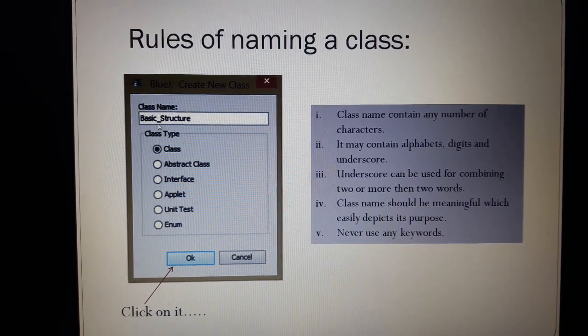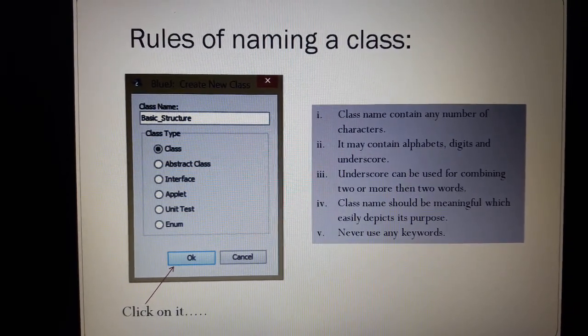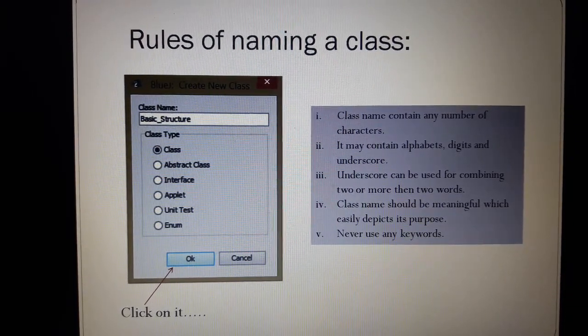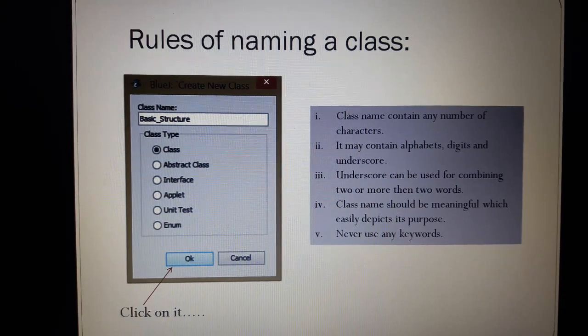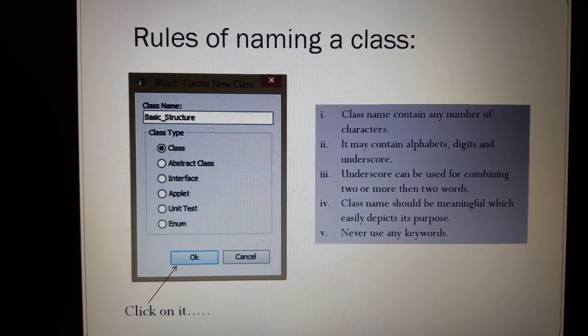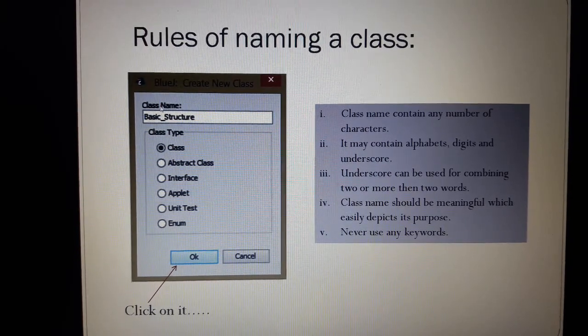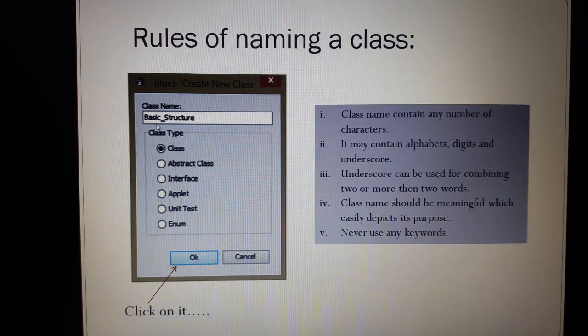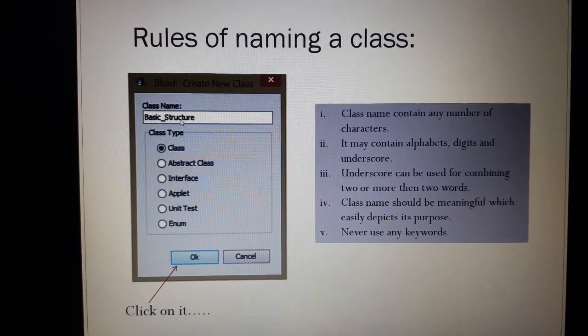The fourth one, the class name should be meaningful, which easily depicts its purpose. Now, what is my purpose to create this class? Because I want to provide you a demo of basic structure of Java programming. That's why I have written basic structure.